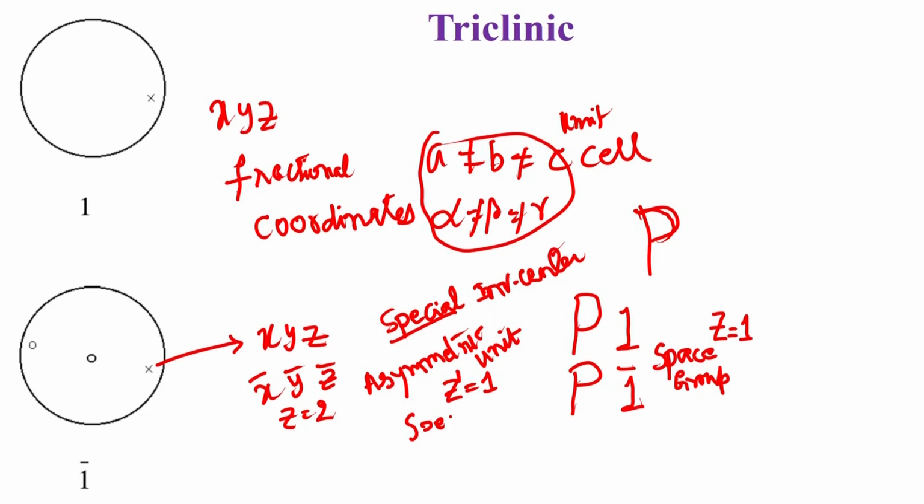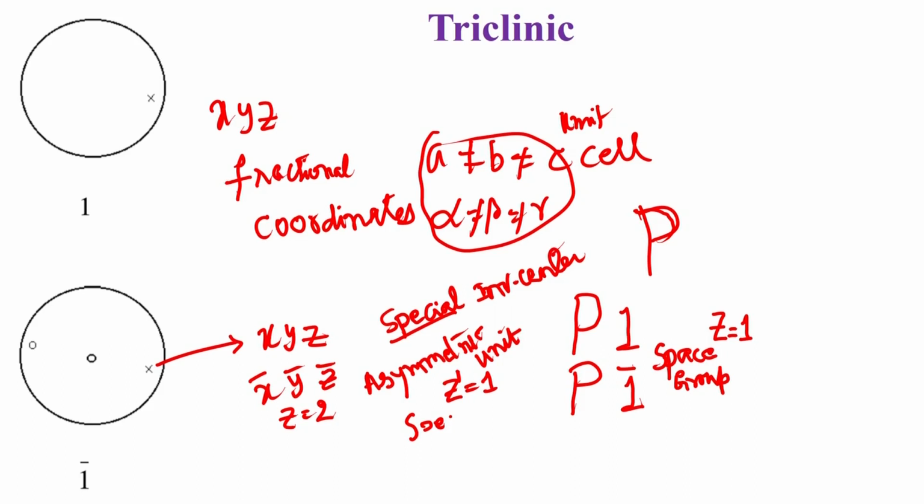If we are now given a triclinic system, these are the parameters which go automatically along with it. The first one is the unit cell, which is characterized by A not equal to B not equal to C, and alpha, beta, gamma not equal to each other, which defines the unit cell. In the unit cell, we have a representation of an object which could be identified with respect to a coordinate x, y, z, which is fractional coordinate.